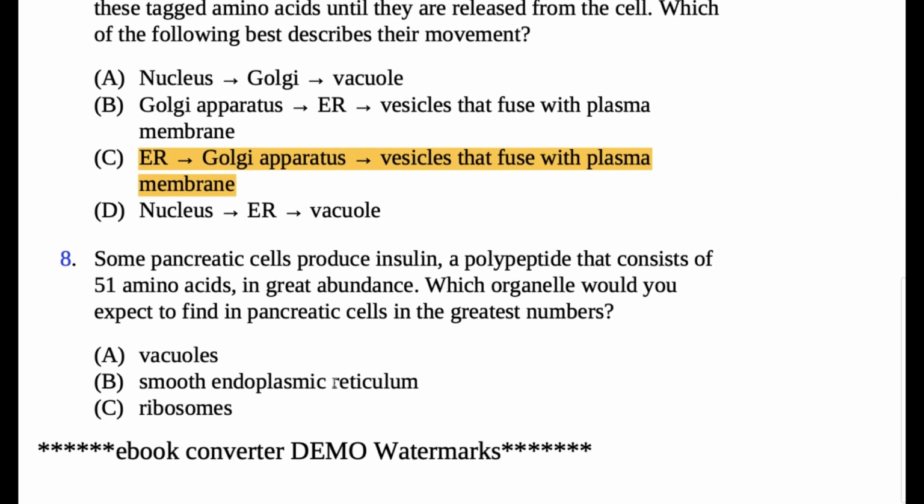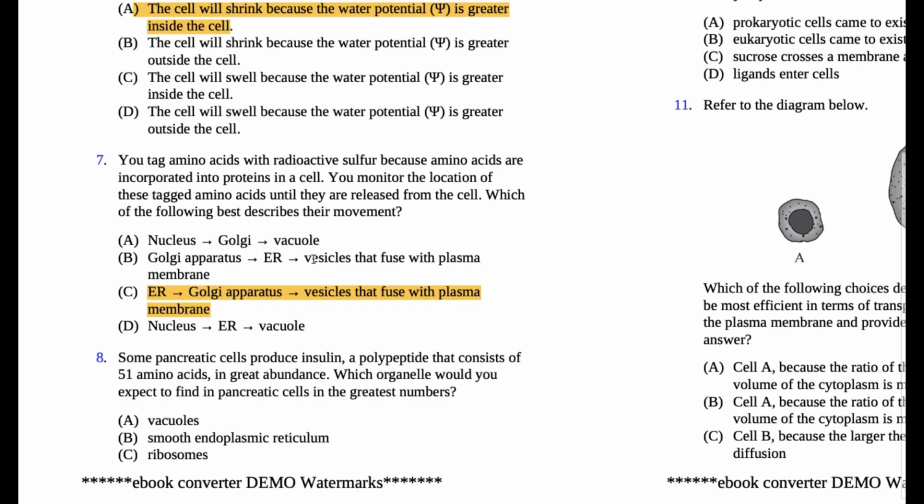Some pancreatic cells produce insulin, a polypeptide that consists of 51 amino acids, in great abundance. Which organelle would you expect to find in pancreatic cells in greatest number? So you see that it produces insulin, right? That insulin is a polypeptide that consists of amino acids. So insulin is a protein, okay? So it has lots of protein. So we need to find an organelle that is